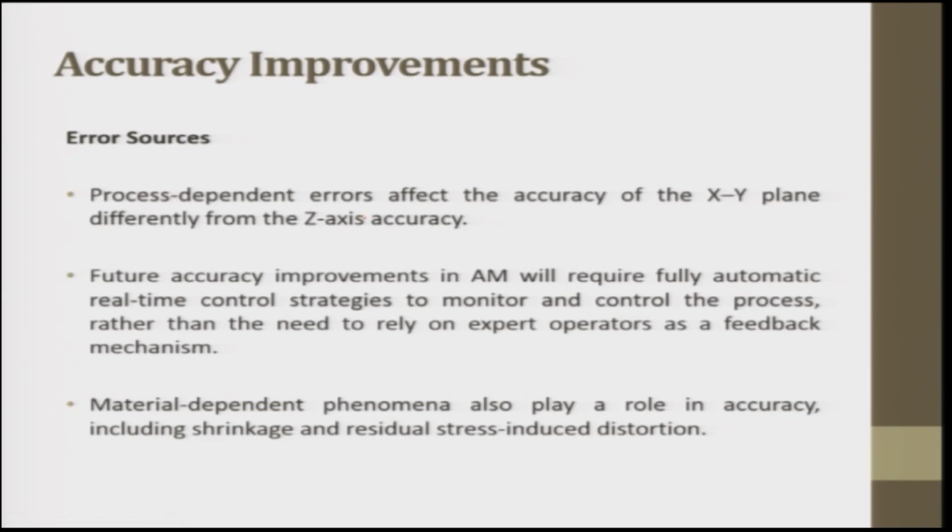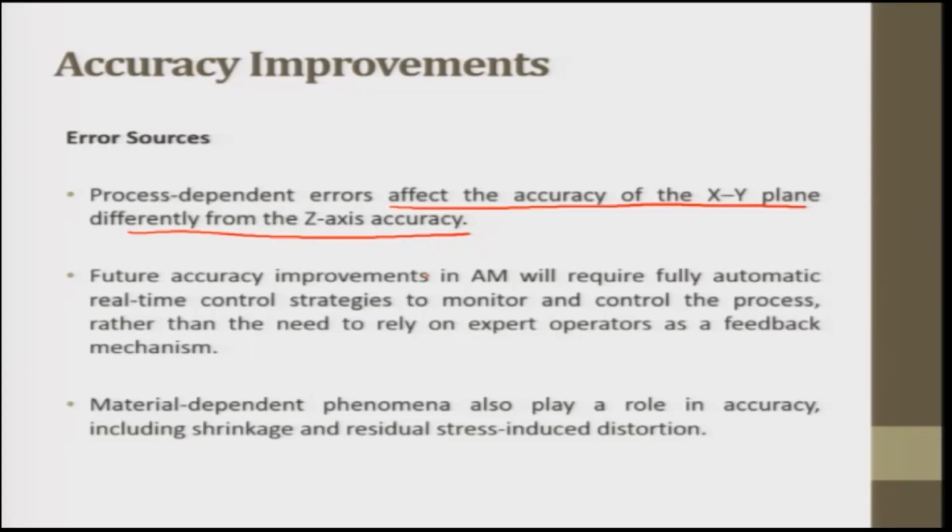Process dependent errors affect the accuracy of the XY plane differently from the Z axis accuracy. These errors come from positioning and indexing limitations of the specific machine architectures. For instance, are we using 2.5D machines, 2.5 axes or 3 axes or 4 axes, which kind of processing, which kind of stage are we using to get the rapid manufactured part? So, it all depends upon the orientation or on the indexing limitations of the specific machine stage or machine bed